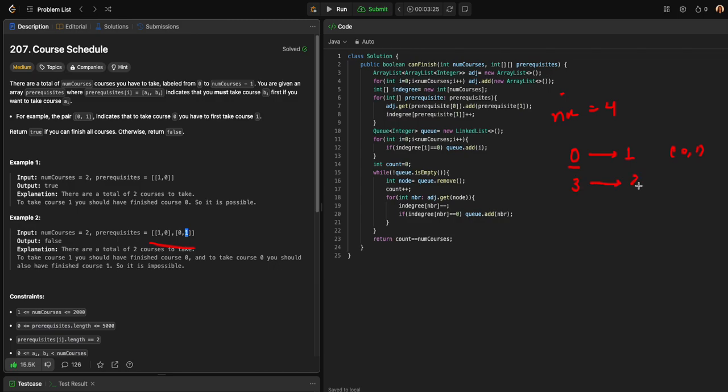Maybe our prerequisite has this pair, and to do course 2, 3 needs to be completed first, and to do course 3, 0 needs to be done before 3. So if I have to represent this, we know that for 1, 0 is compulsory, for 3, 0 is compulsory. In this direction I can put this, and for 2, 3 is compulsory. So I can see there is no cycle, there is no internal dependency,